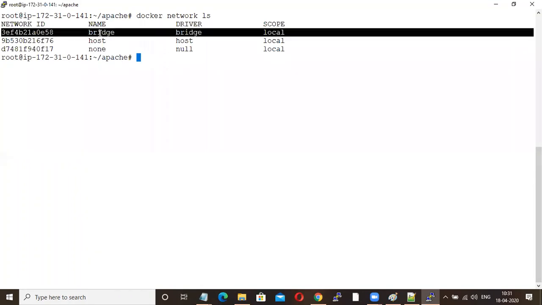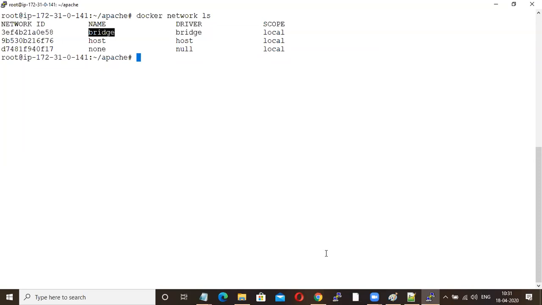Suppose in an interview someone asks what is the default network in Docker, the answer is bridge network. If they are going for only Docker, many people will prefer bridge network, not host network.